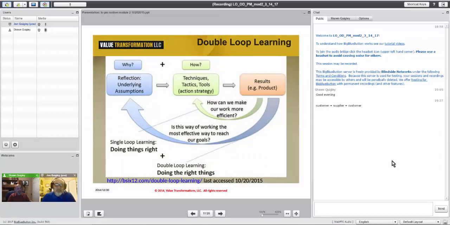Great segue, John. So, Lewin knew exactly what he was talking about when he talked about loop learning. There isn't a single process that we go through in our life that can't be thought of as a loop learning experience. Okay? So, just looking at it here,